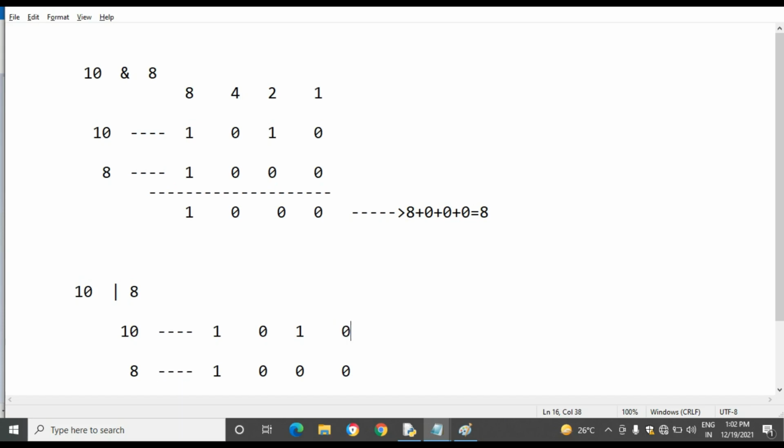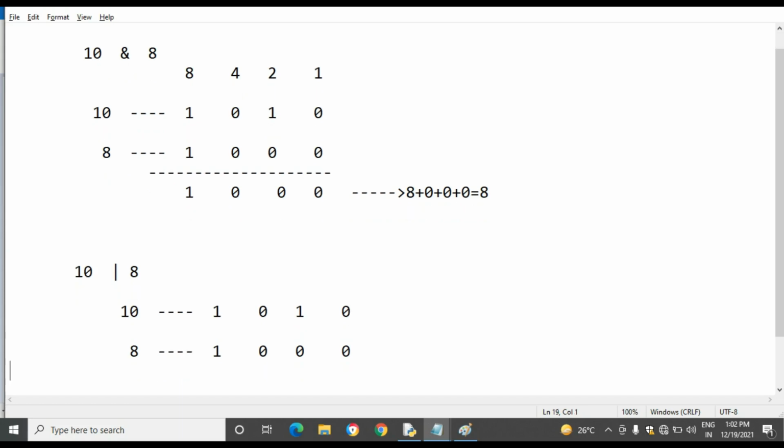Sorry, this is false. 0 means false. This is false and this is false. Both the conditions are false, so it will display the result as false.